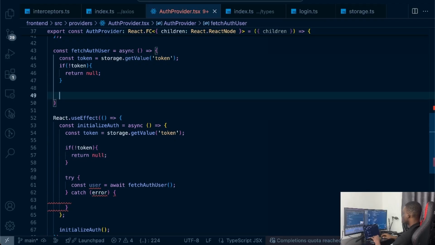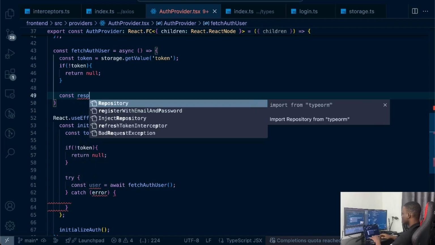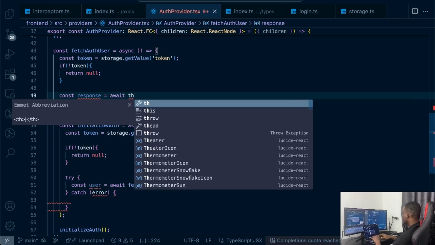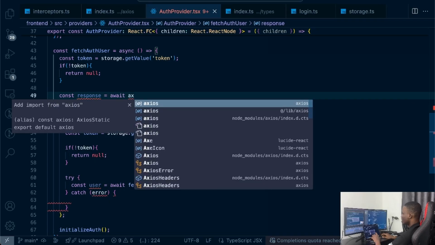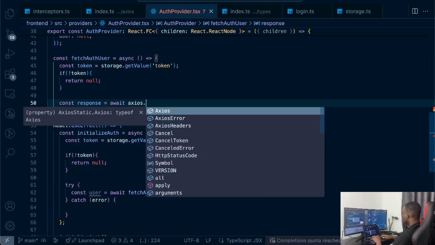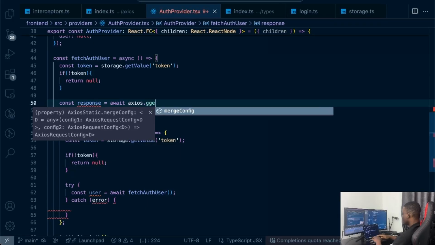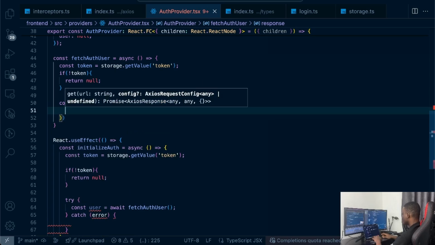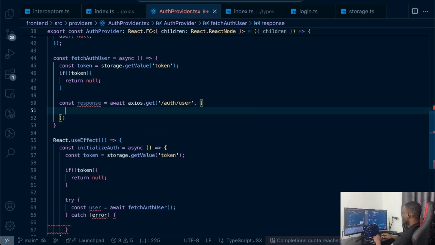If not, we go ahead and say const response equal to await Axios. Now we're importing directly from Axios. We don't want to use the wrapper that we created, and this will be Axios.get. And right here we just go to our auth/user. This is the database route endpoint for getting the authenticated user, and right here we put the headers,